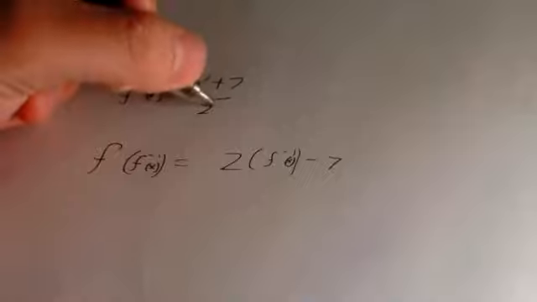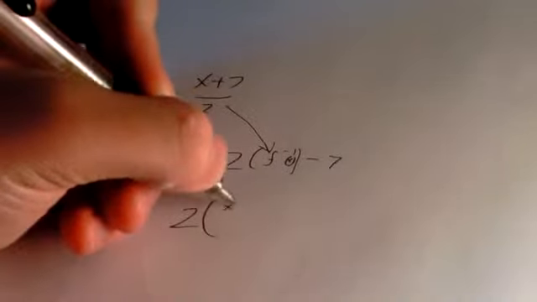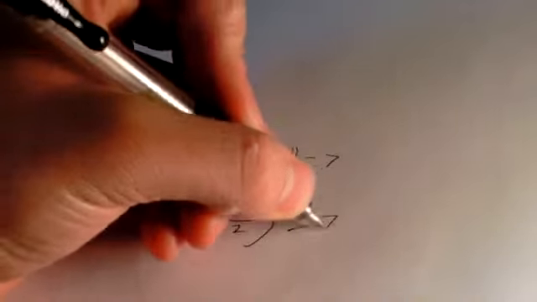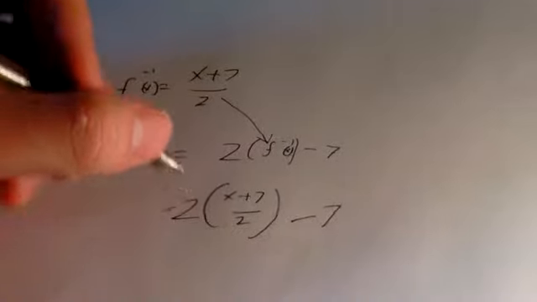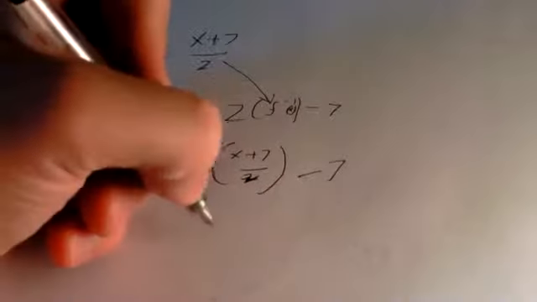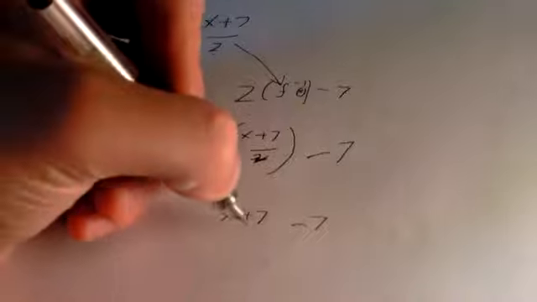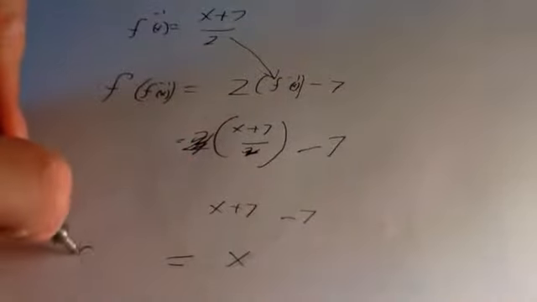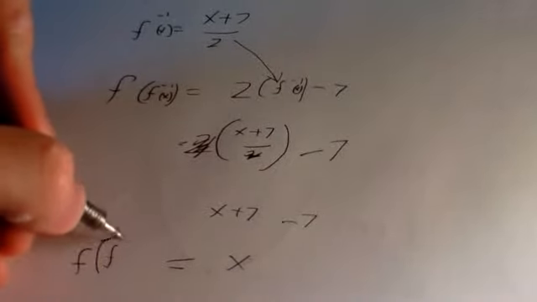Let's plug that in, and we get 2 times x plus 7 over 2, minus 7. Now we can notice that this 2 cancels with this 2 because 2 over 2 is 1, and we're left with x plus 7 minus 7. Of course, the 7's cancel, and what we get is the function of the inverse function of x